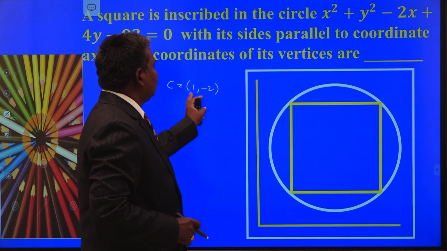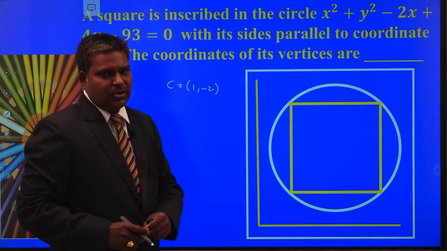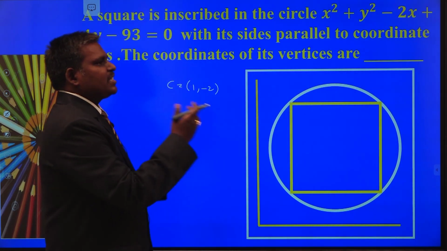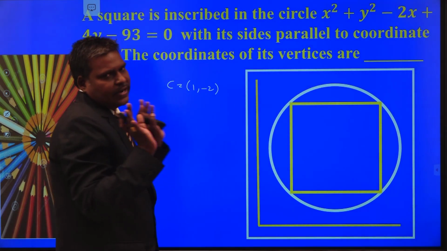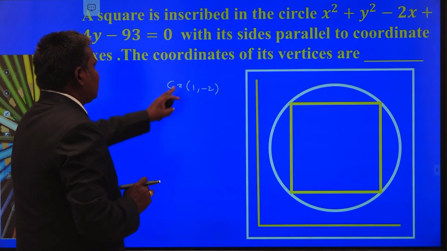There is no need for the entire circle to be in the 4th quadrant. Your center must be in the 4th quadrant, right? The circle may intersect the x-axis or y-axis depending upon whether g square is greater than c or less than c, whatever it may be. I think this is my rough diagram. It is not the exact diagram, just a rough one. That's all. So this is the center.